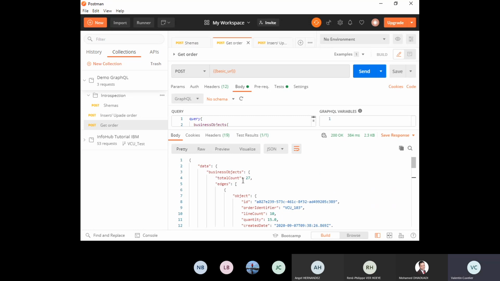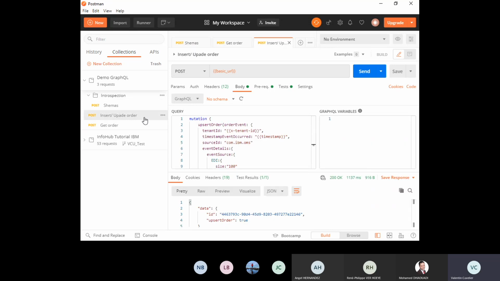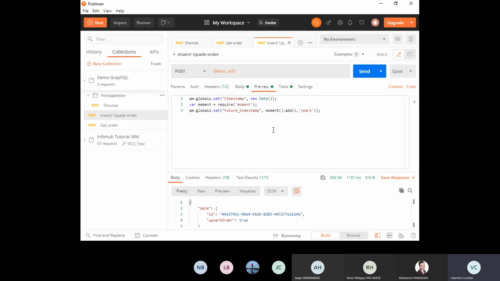Here we see that we have 27 orders, and we try to insert a new order. I don't know if it works because I tested this morning and it didn't work, but we can try. I don't know if you know Postman, but you can add your script. It is useful when you want to dynamically test variables.